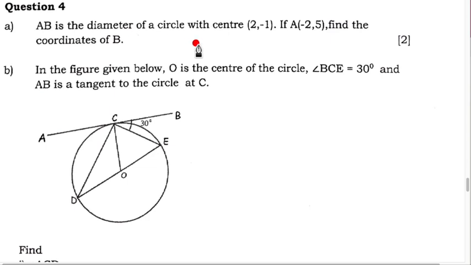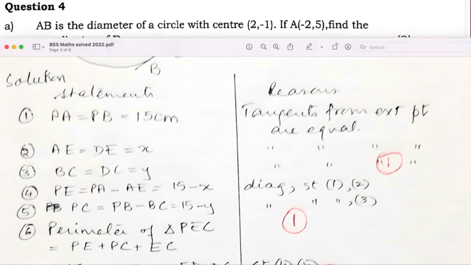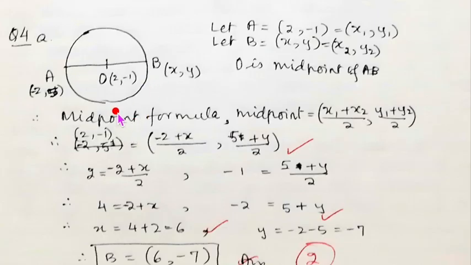AB is a diameter of a circle with center O (2, -1) and A (-2, 5) is given. Find the coordinates of B. So first we have to draw the diagram. I have drawn the diagram over here. As you can see, this A is (-2, 5), and this is your O, which is (2, -1), and let